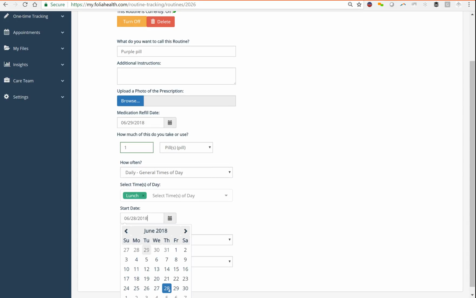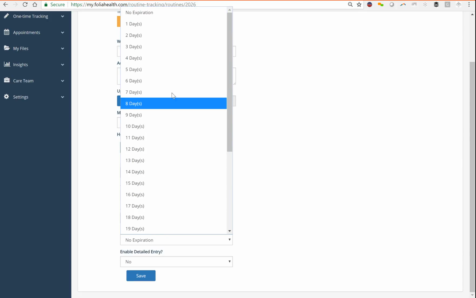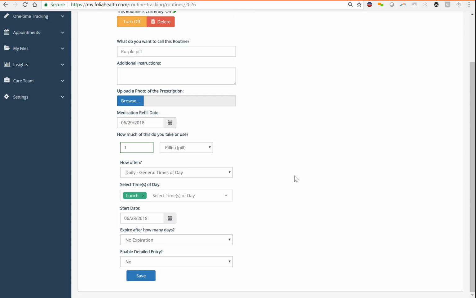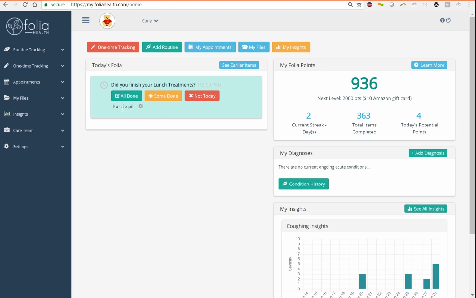You have a start date, so you can change the start date if you don't expect to start this medication until next week, but for the sake of argument, so you can see this come up, we'll keep it today. And then there is the expiration option in case this is something like an antibiotic that has only been prescribed for 10 or 14 days. And then we'll save that. And you'll see that you're taking the purple pill at 12 p.m. and that's something that we just started for today, so you could complete it right